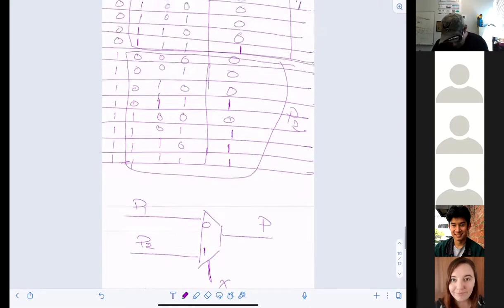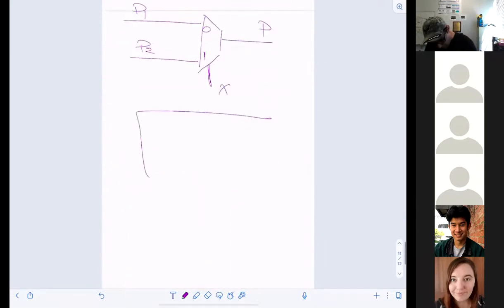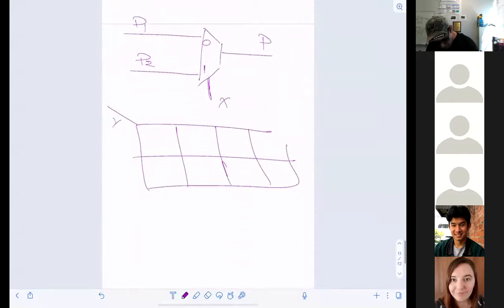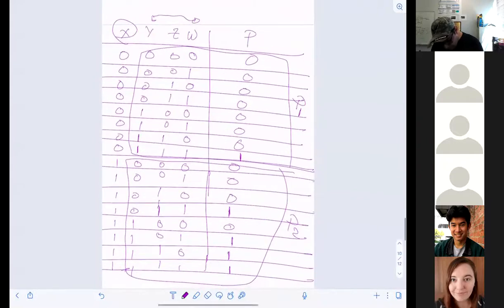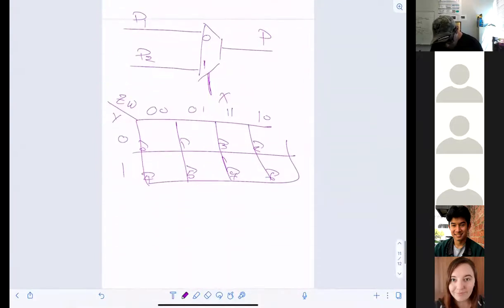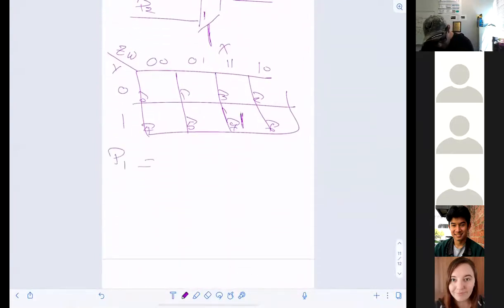So in that case, I can make a K-map number 1 like this. 1, 2, 3. And then I can call it here YZW, right? YZW: 0, 0, 0, 1, 1, 1, 1, 0, 0, 1. 0, 1, 3, 2, 4, 5, 7, and 6, right? So in that case, I'm covering here. So I will find out P1 is actually YZW, which is 7. So I can say P1 is equivalent to X, Y, Z,